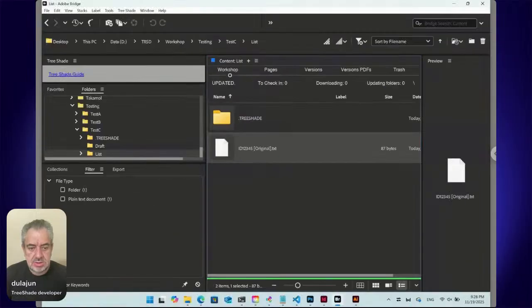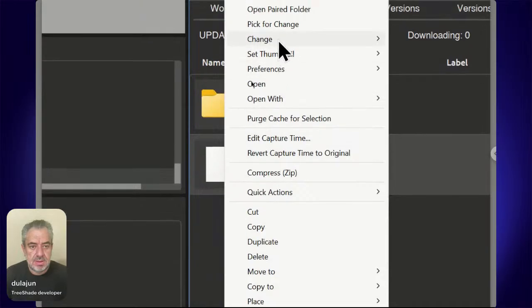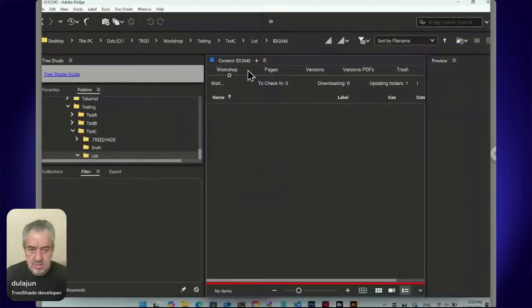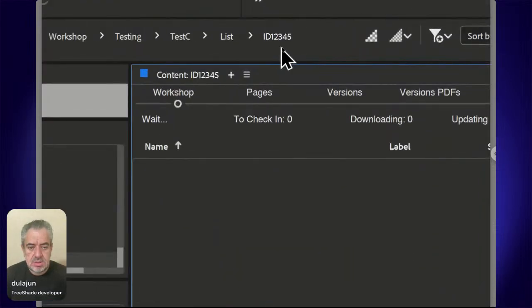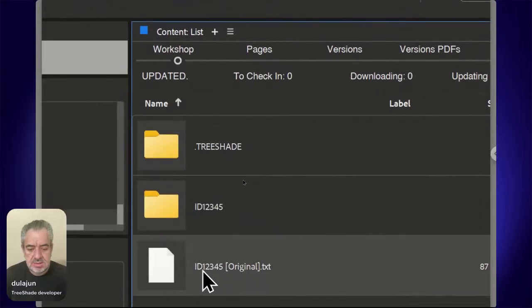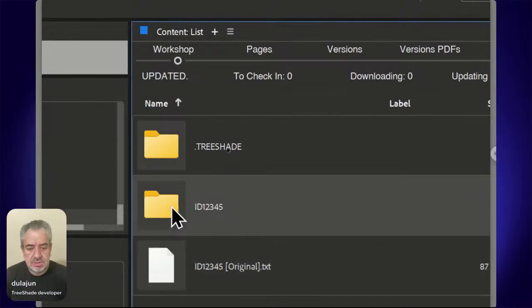And this is the original. Right click on the text file and select Open Paired Folder. Because the text file has no paired folder, it will be created and you will be inside that folder. If we go back, you will see that this text file has a paired folder for the business card. So here